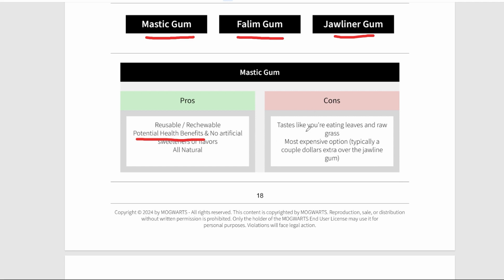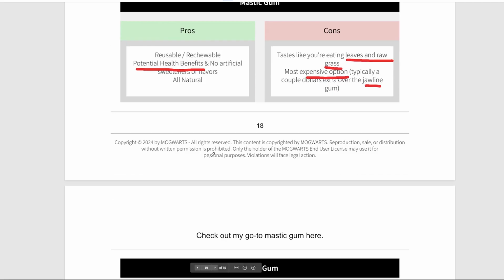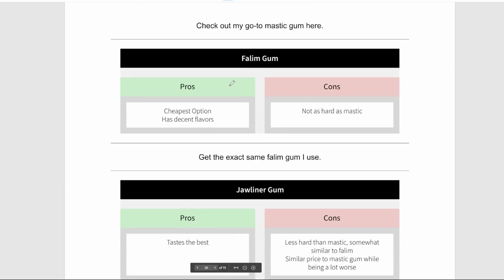Whereas the cons are that it tastes like you're eating leaves and raw grass. So if you really care about flavor, it tastes like shit. Man, it's very expensive compared to the other ones. It's not that expensive, but it is a couple of dollars over the Jawliner gum, which can be expensive because it is gum, right? Falim gum is going to be